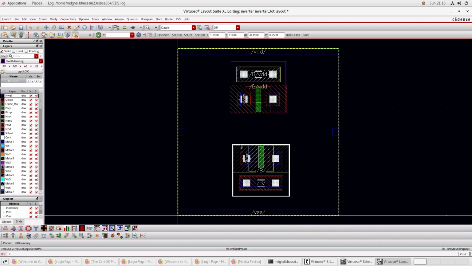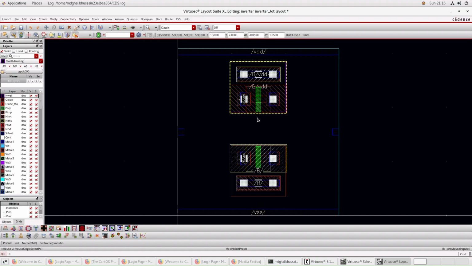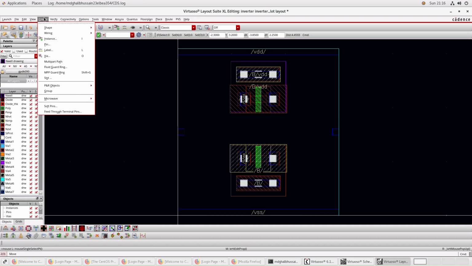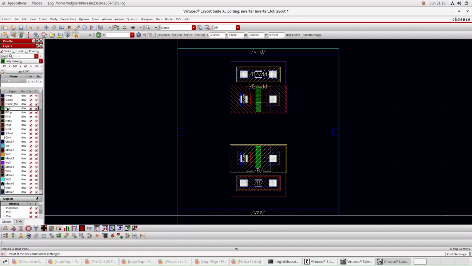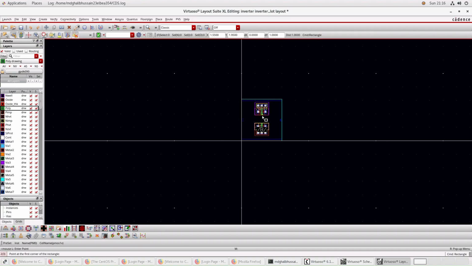So now I have to connect all the poly layers, metals, and all. So first of all, I will be connecting the poly layers. So let me make the alignments more straight for both the poly. Now it's straight. So I have to connect the poly. So I'll go to create, shape, and then polygon or rectangle you can choose. Let me choose rectangle. You can also use the shortcut key R, and make sure the poly is selected here. So I will select poly, R, zoom it,